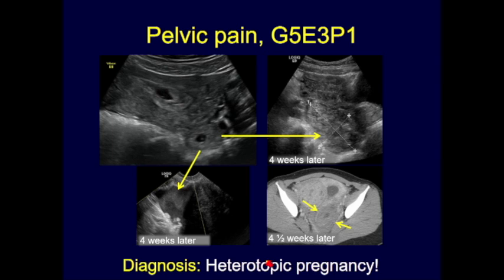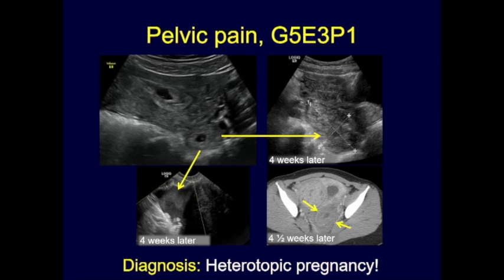This patient went on to get a CT scan. And the person who read the CT scan said, well, let me look back at the initial images, and saw that there was a tubal ring of ectopic pregnancy on the first scan, and they finally made the diagnosis of heterotopic pregnancy. Do not let the presence of an IUP prevent you from calling a concomitant ectopic pregnancy, particularly in